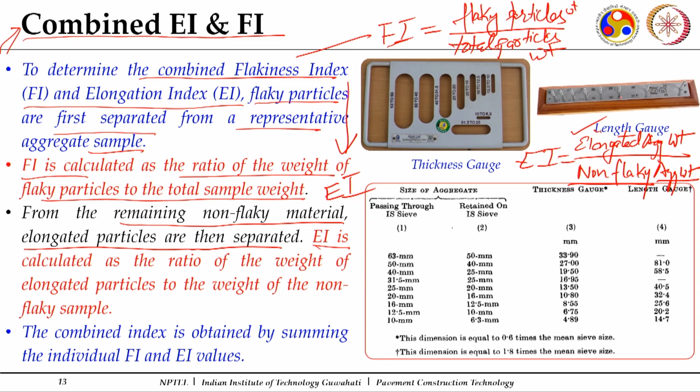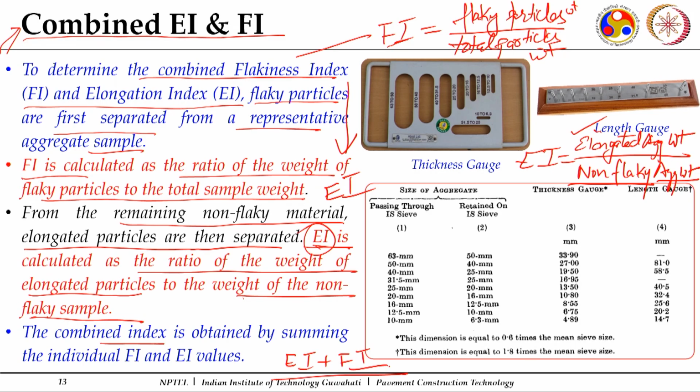So, it says elongation index is calculated as the ratio of the weight of elongated particles to the weight of the non-flaky sample, and now this EI and FI value is combined